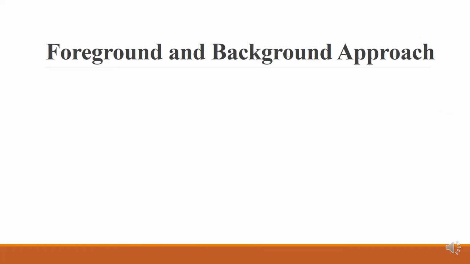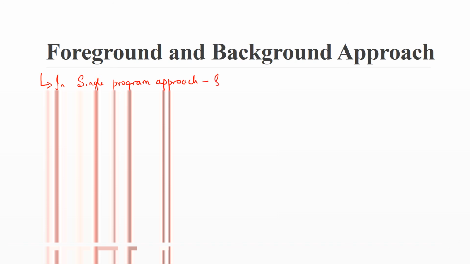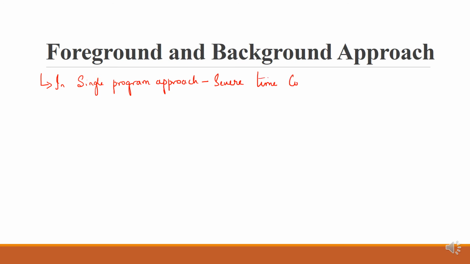So here we see what is foreground and background approach. In single program approach, the disadvantage was it imposed a severity in the time constraint. So it means that we saw a previous flowchart where we saw various modules present in that, and each module had different time constraints. Okay, all the modules were dumped in one single program, but the advantage of using this